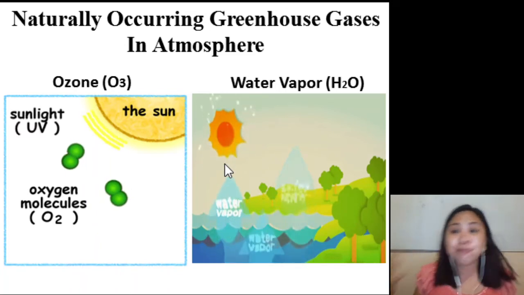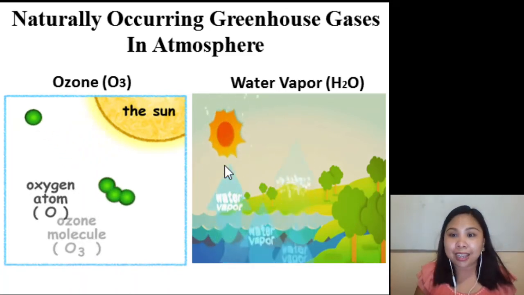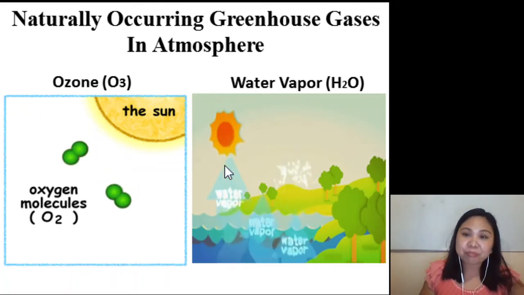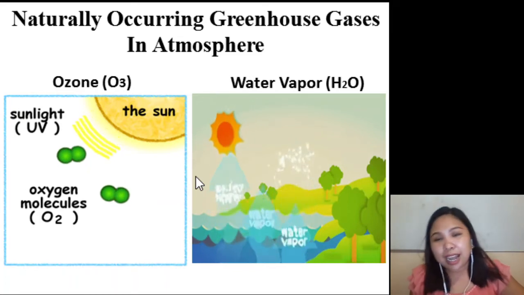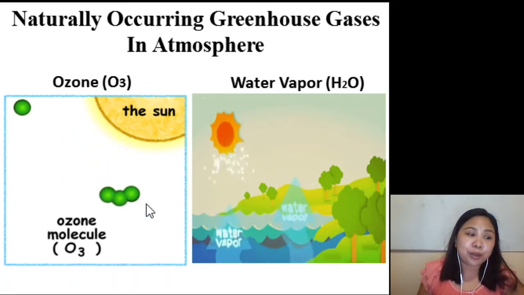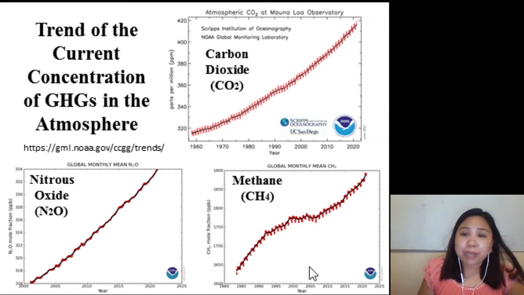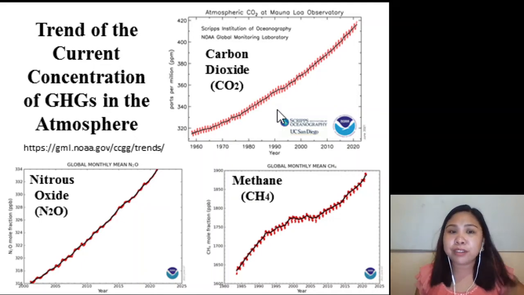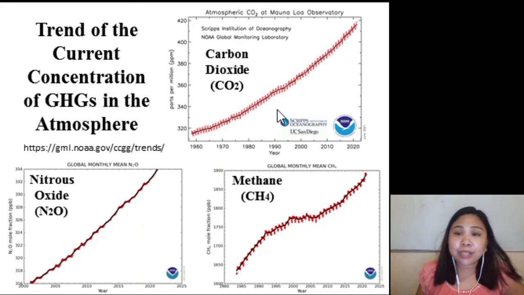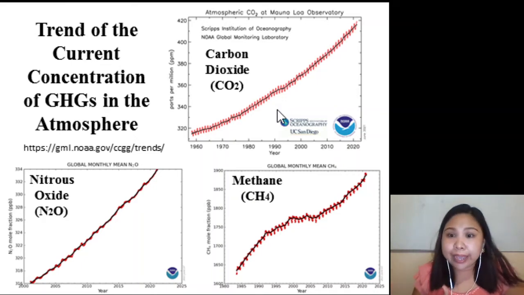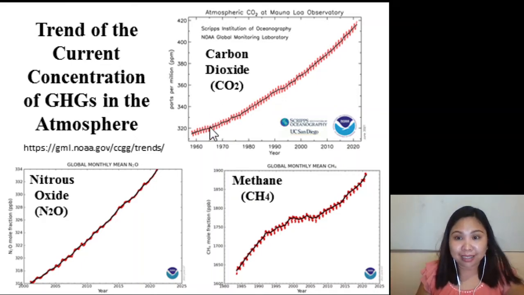They are not very harmful, they are actually helpful in our environment, unlike the earlier ones like carbon dioxide, which become harmful to our environment when their concentration is too high, like the graphs I showed you. If the trend in the concentration of these greenhouse gases does not change, it poses a threat to our environment. The temperature of our environment will be affected, because remember, greenhouse gases absorb and re-emit the energy coming from the sun. So the concentration of these greenhouse gases should be just right.